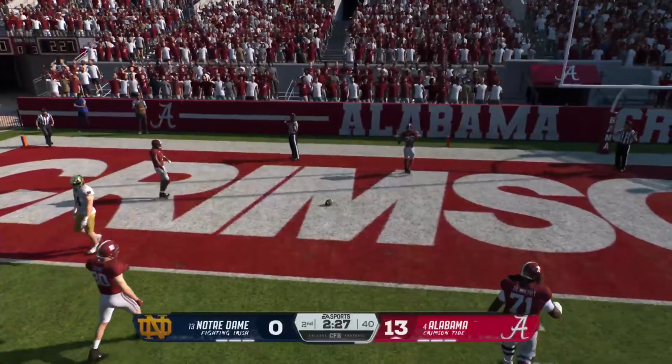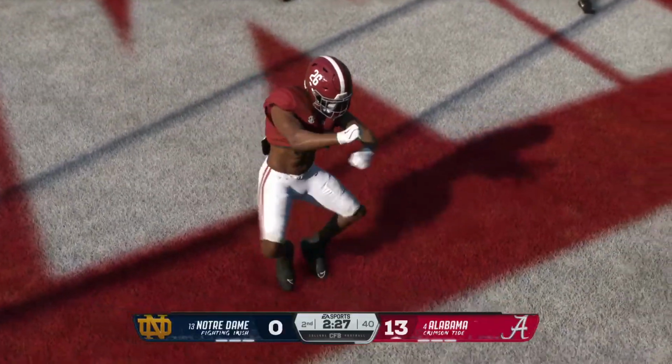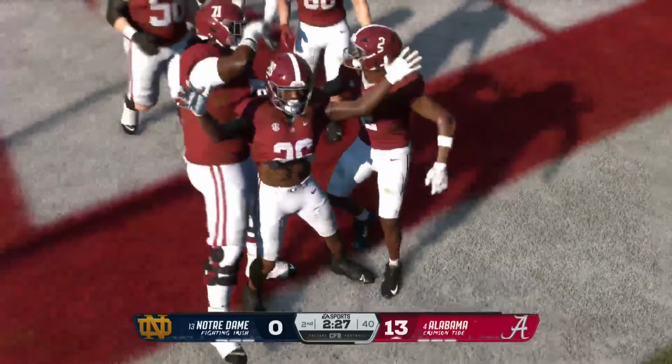We had a short field. The offense did exactly what they're supposed to do. That would have been a big ask for the defense there, Kurt. Absolutely. But when you're given that kind of...